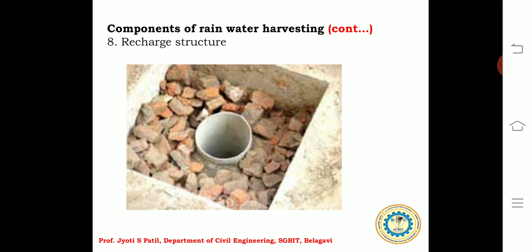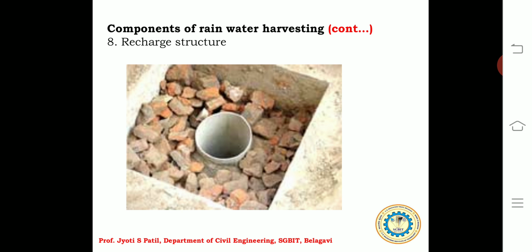This percolation pit is one of the easiest and most effective means of harvesting rainwater and is generally not more than 60 by 60 by 60 centimeter, specially designed on the basis of expected runoff, as described for the settlement tanks. They are filled with pebbles, which you can see here, or brick jelly, brick bats as we say, and the voids in between are filled with river sand and again covered with perforated concrete slabs wherever necessary, and there will be a pipe in between. This is how it helps in recharging the groundwater.